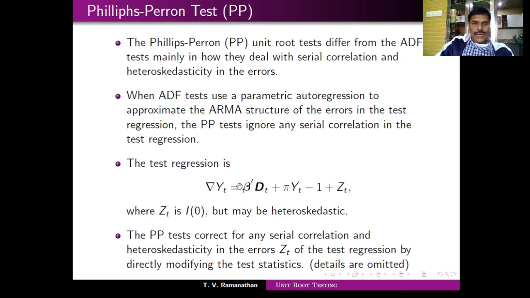So this continues to be y_t equal to pi y_{t-1} plus the deterministic terms. It is not minus 1 here. This is the usual Dickey-Fuller format, not the ADF format, so everything is very similar to the Dickey-Fuller setup. The difference is that you get the test statistic and adjust it for some bias, and even that adjustment doesn't change the asymptotic distribution.